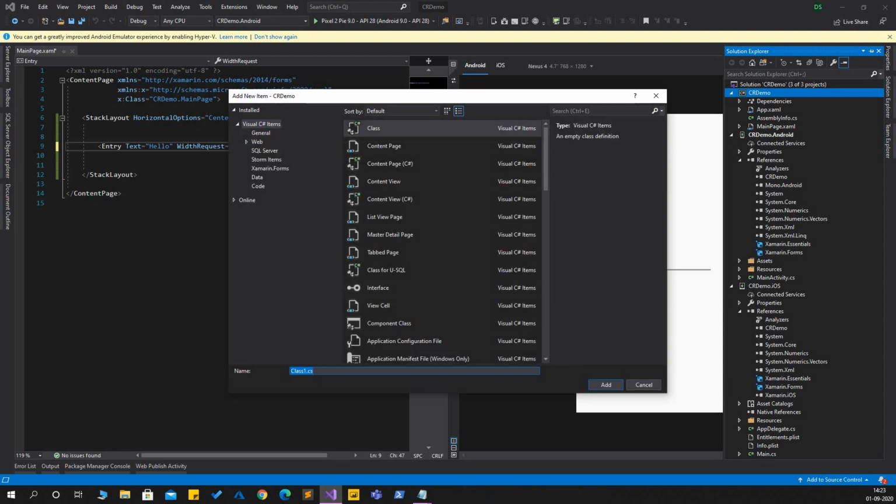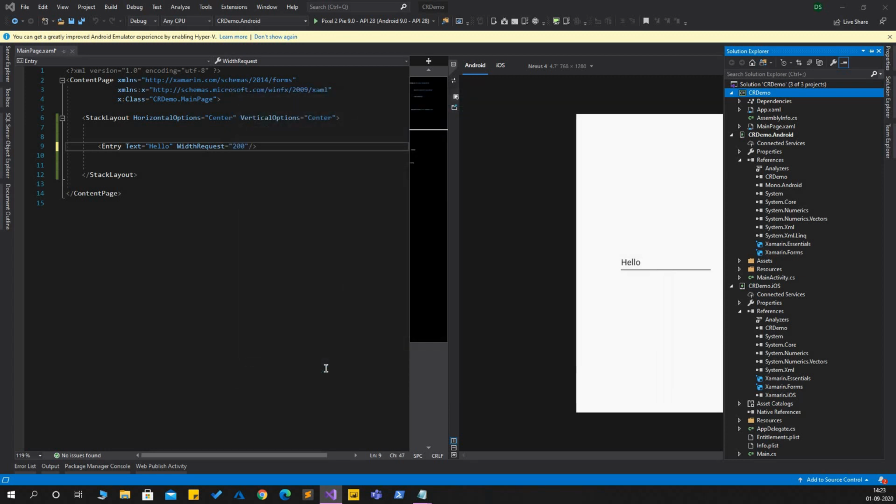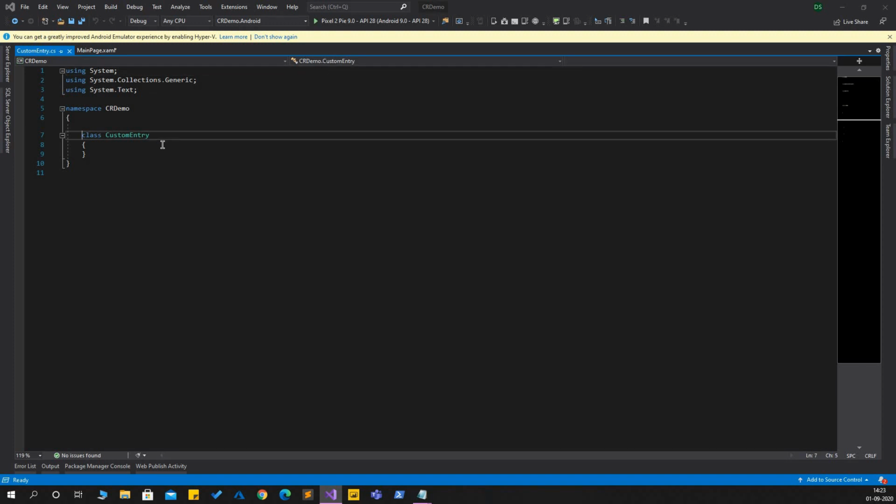And we will name it custom entry. So I'll make it public, and this will inherit from the entry that we have. So we'll have to add the namespace.